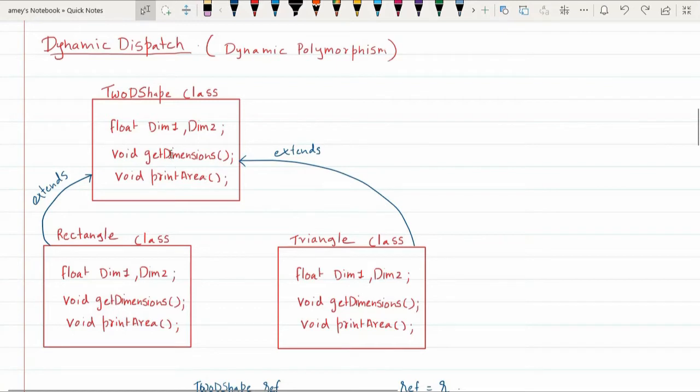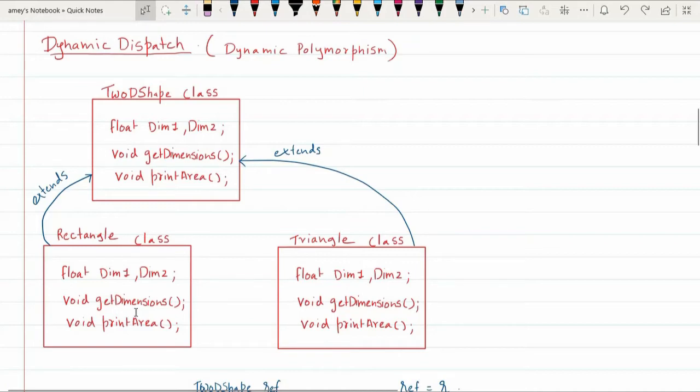However, the definitions of these methods are not written in this 2D shape class, which means whichever class, say rectangle class, triangle class, circle class or any other class, inherits this 2D shape class will have to define get dimensions and print area according to its own need.